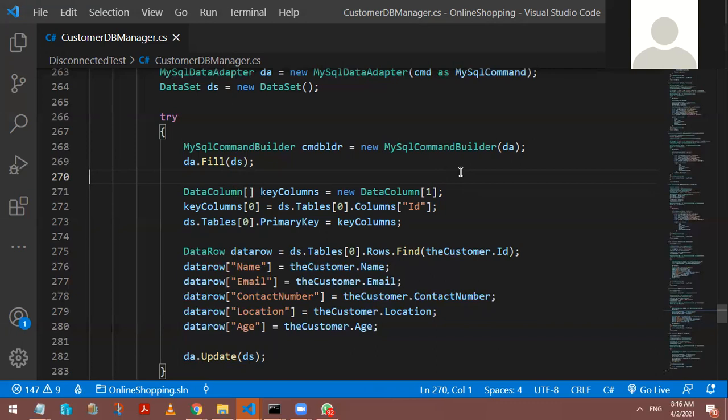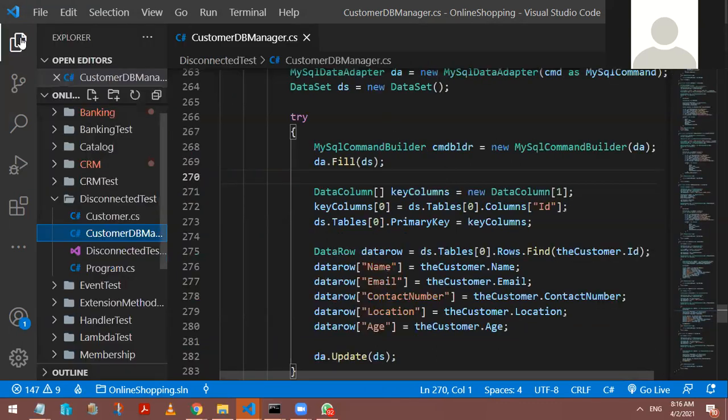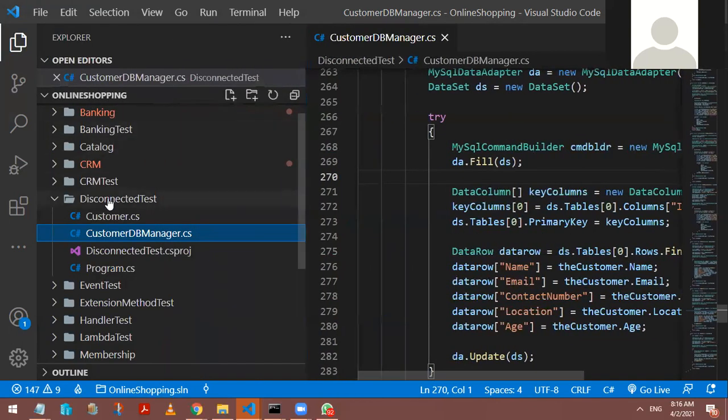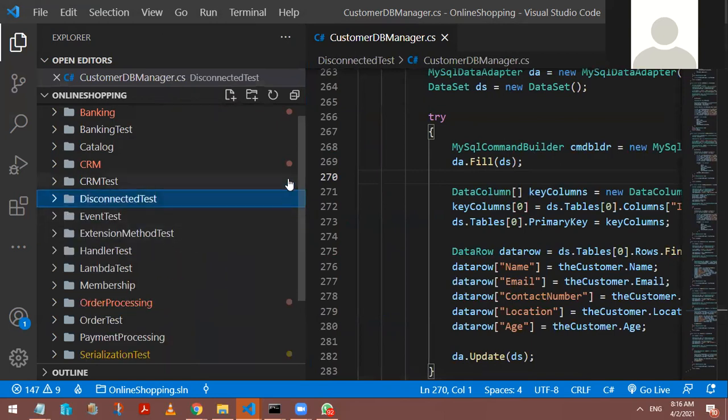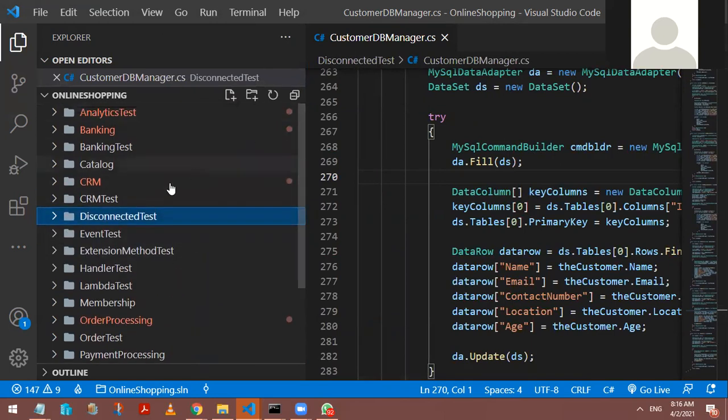So what I want to do, I have already created a lot of solution. I have created a solution, and under the solution, I'm trying to add a number of projects inside. There are a few projects that are class libraries, a few projects that are applications, and to test every concept separately, I'm creating a separate console application.